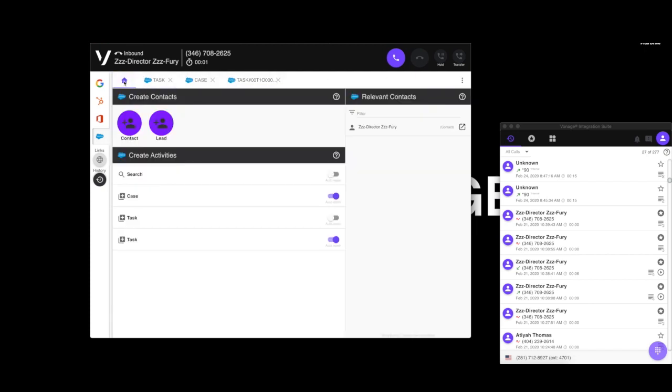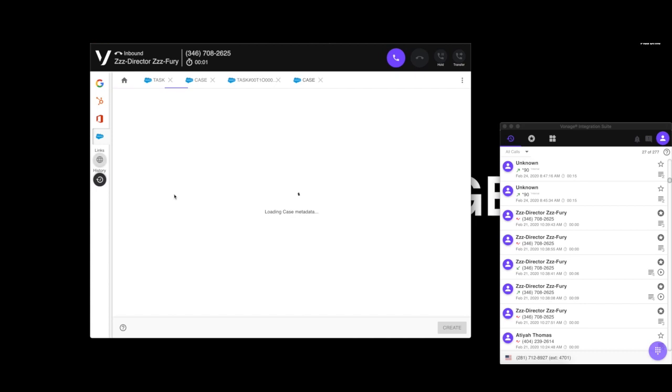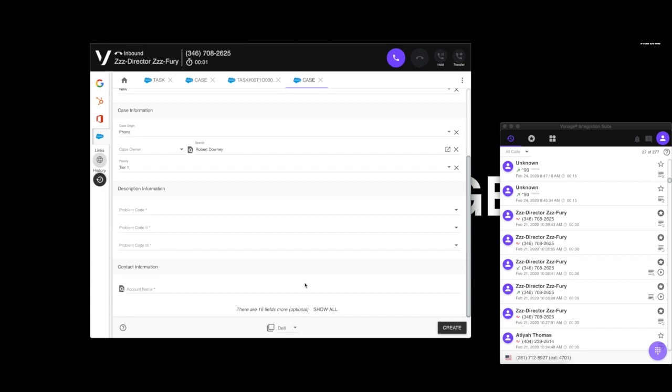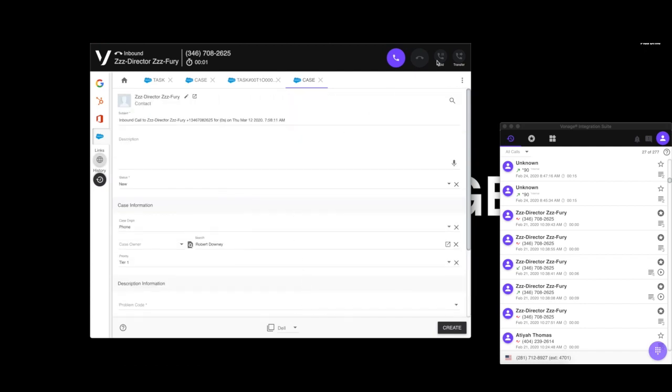The home button across the upper left-hand side allows me to see if I have any multiple matching contacts. This allows me to more quickly drag and drop a name into a case or task so that I can generate another ticket if I need to. And you'll notice that it opened up another case and automatically populated the information for me about the call. Now I can simply go in and finish filling out the case information and it will show up in Salesforce for me.